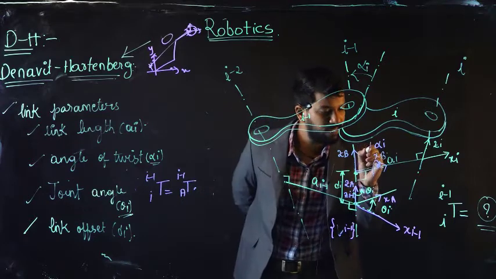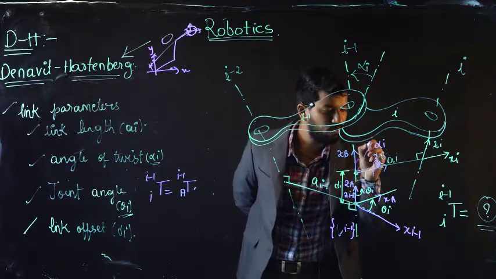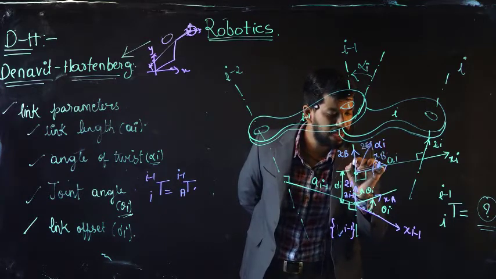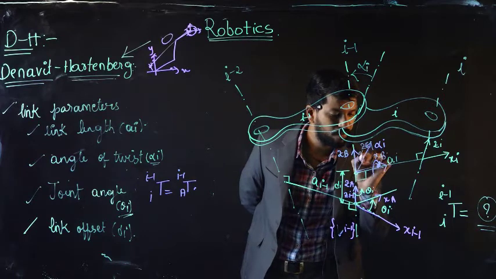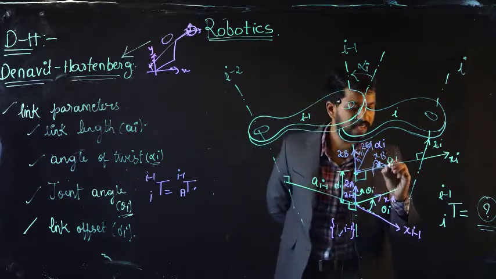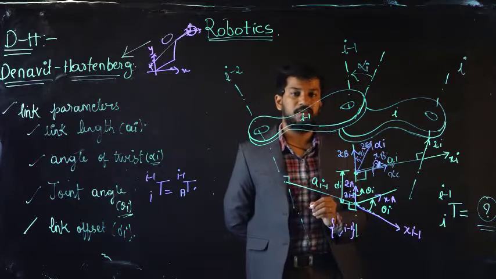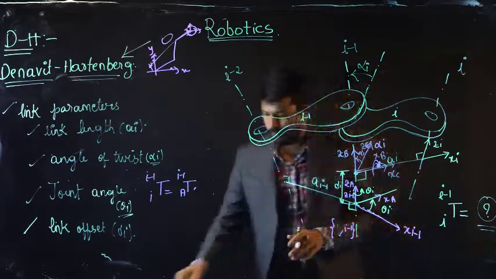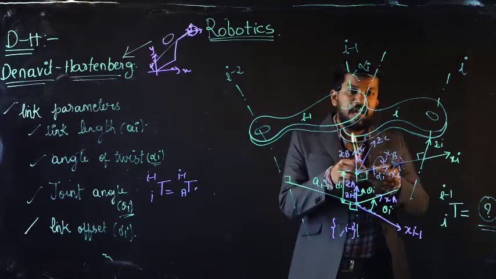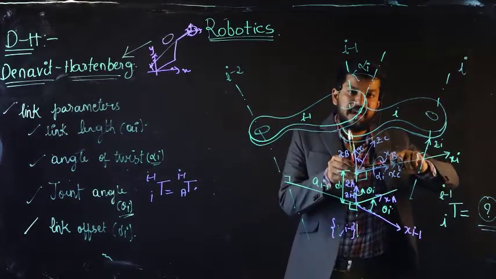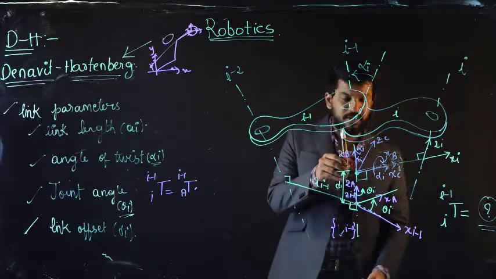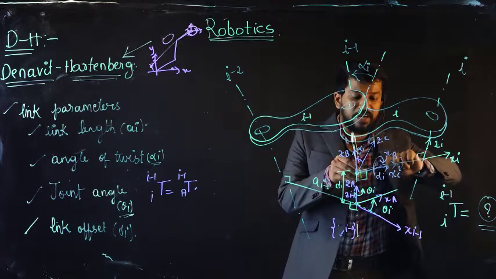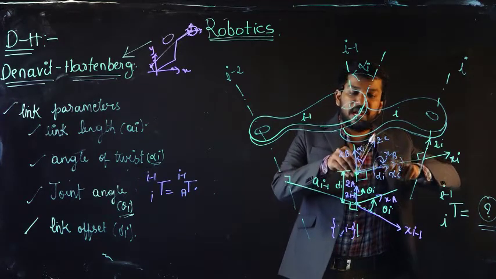That's how we will be getting the new ZC. Sorry, this angle will be my alpha i and my new x-axis will be XC. So we are very near to our final transformation. Now, when I'm twisting my axis x with an angle alpha, x won't get translated but it gets oriented, but here along the z axis it gets moved.